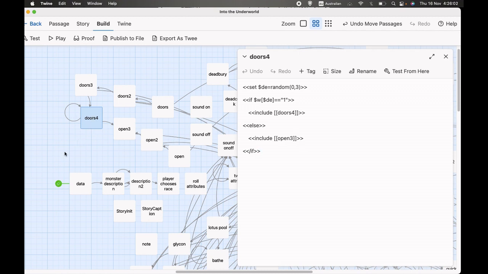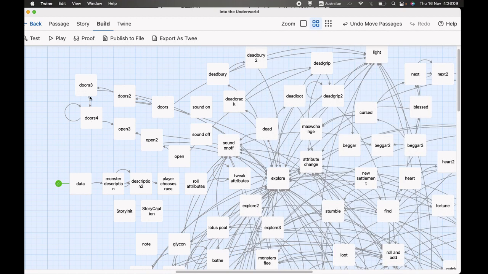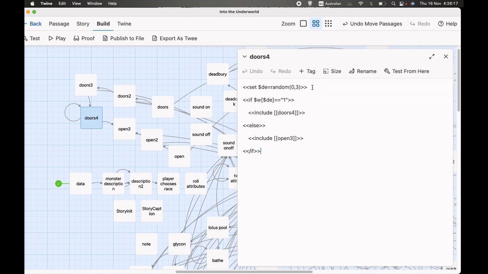You can actually see that by looking at the sort of display. You can see where the arrows go. Well, this one has a sort of circular arrow that goes back to itself, which means that in some circumstances it will just repeat. And the reason for that is we do this. We need to find a direction, and we might pick the wrong direction, because let's say